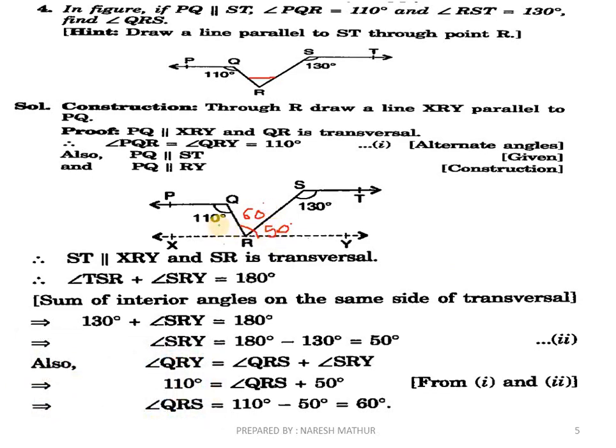Or we can do this question in another way. Let's say this angle is 50, this is 110, this angle will also be 70 degrees, because the sum of co-interior angles is 180. Now XY is a straight line, 70 plus 50 is 120, then this angle will be 60 to make it complete 180 degrees. Easy. So it's your choice, whichever method you would like to follow, you can follow.